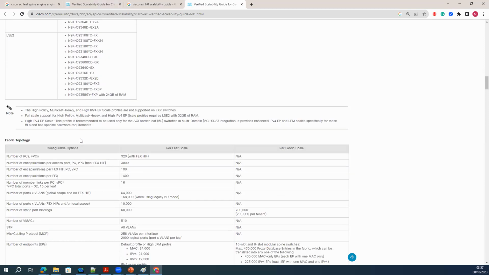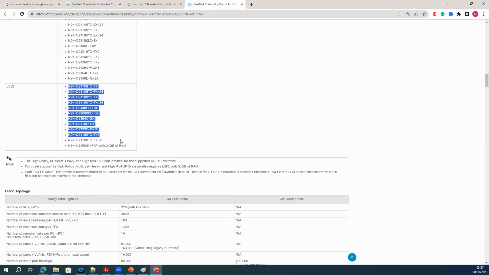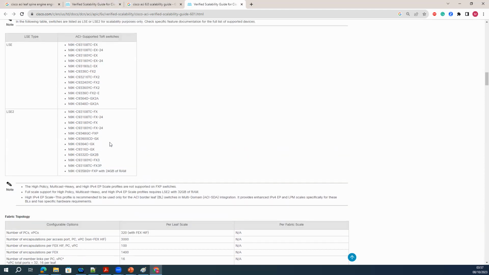And these are some devices which support that version 6. So it also requires some specific switches which have version 6. So this version means basically the OS only, the ACI OS, which will be loaded on the leaf and spine system, right? Yeah.